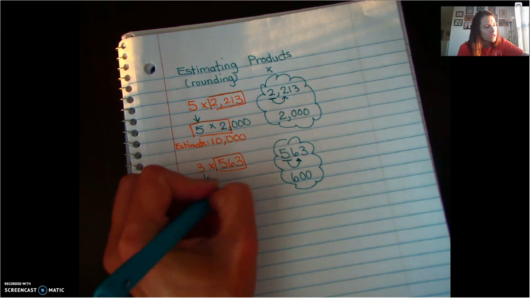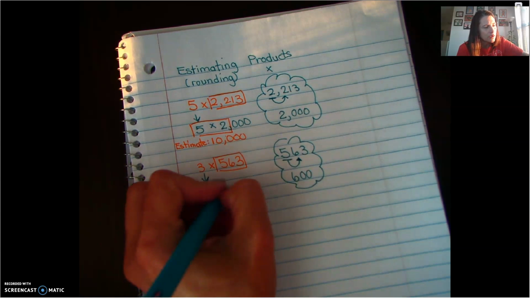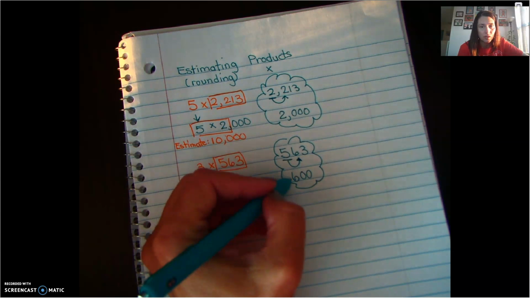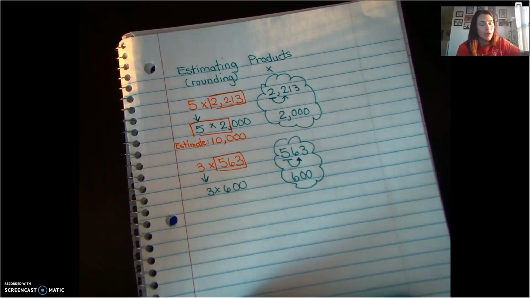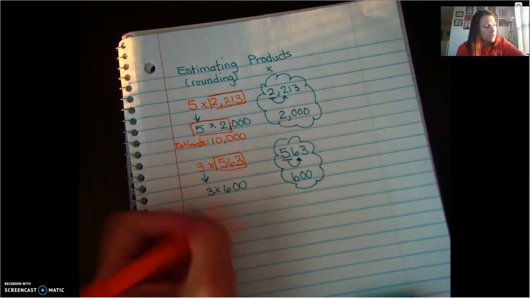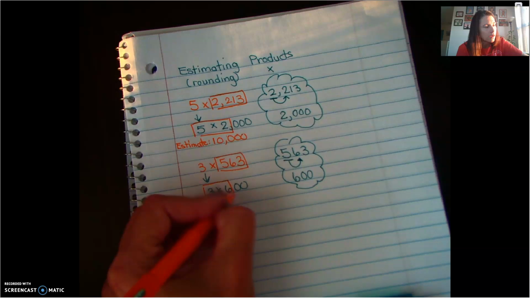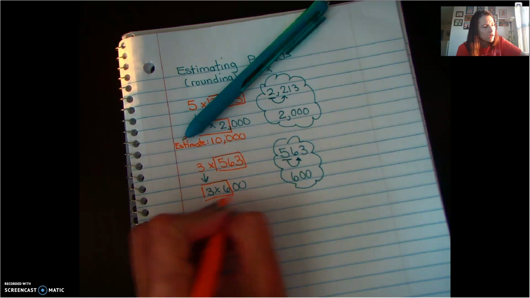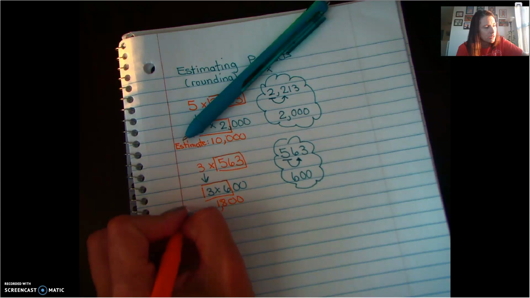I have 3 times 600, because that's telling me that 563 is closer to 600, so I'm going to get a better estimate. I box up my basic fact. I know that's 18. I bring down my 2 zeros. So my estimate,